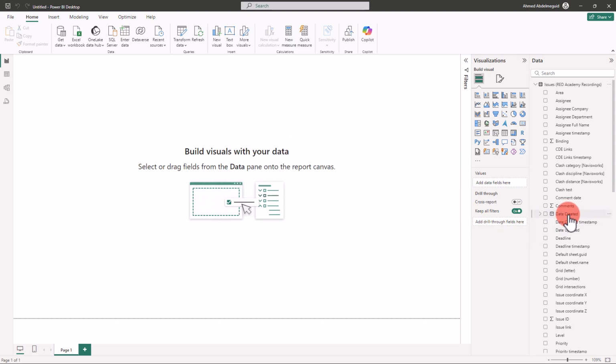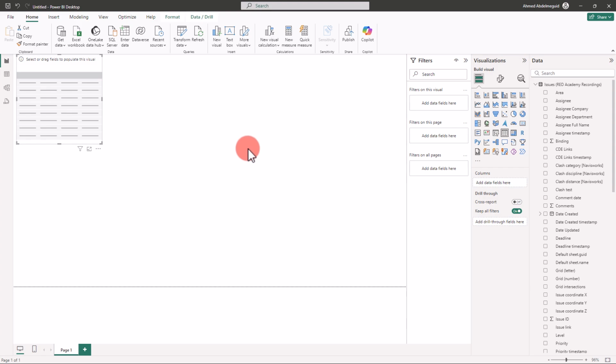So now we have changed the type for the date created field, which will make it easier for us to work with this data in our charts. So the next thing we're going to do is to start creating some visuals or charts and placing them in the dashboard. The first visual we're going to use is the table, which will be simply a summary of the